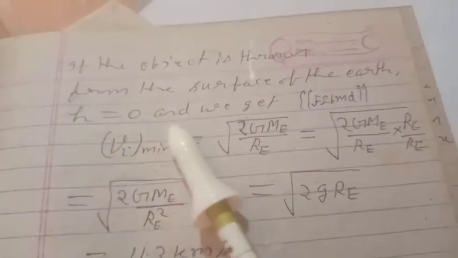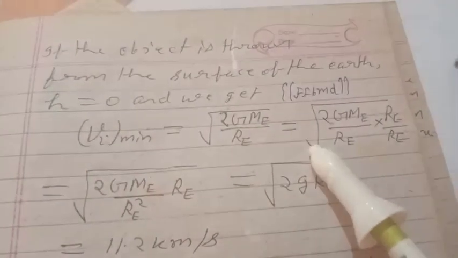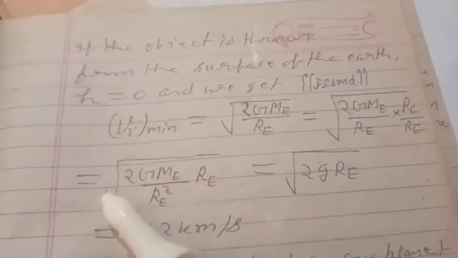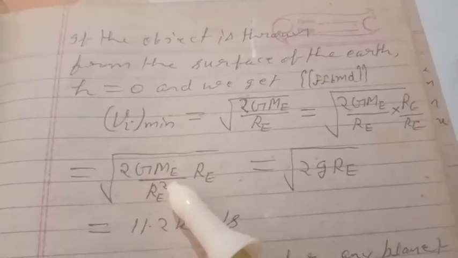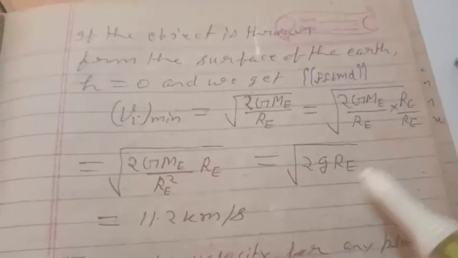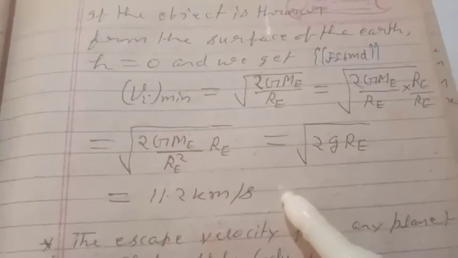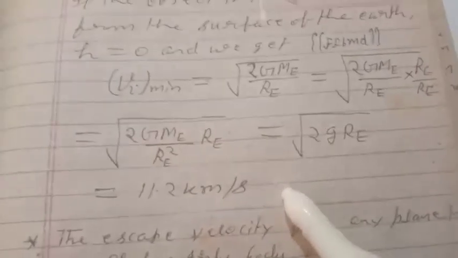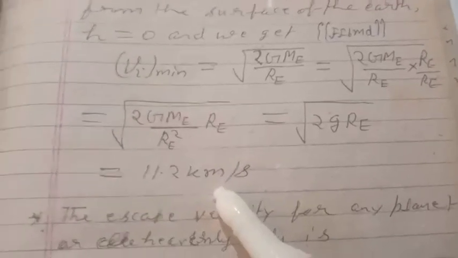If the object is thrown from the surface of the Earth, then h equals 0 and we get Vi minimum equals under root 2 G Me by Re, which equals under root 2 G Me by Re square into Re. Since G Me by Re square equals g, the acceleration due to gravity, this is under root 2 g Re, which comes out to be 11.2 kilometer per second. Thus, if we project any body with this velocity,